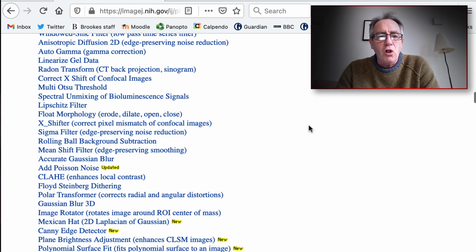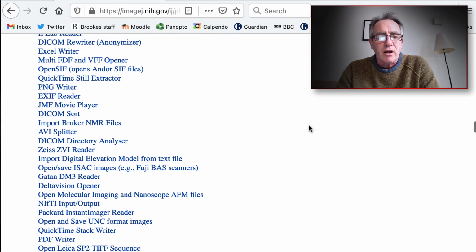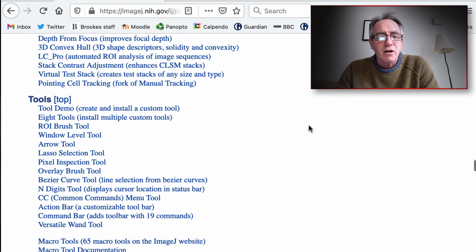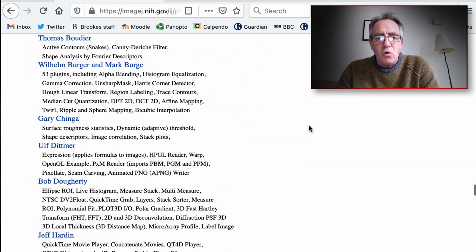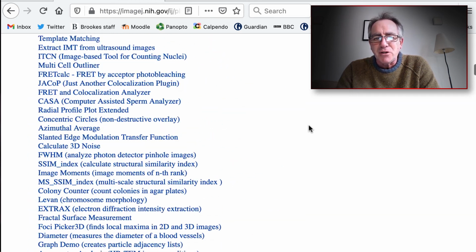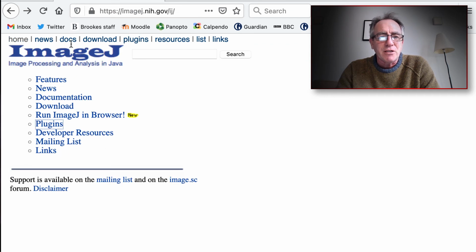These are all things that the program can do. These are all little sub-programs. And it's ridiculous. It just keeps going. There are hundreds and hundreds and hundreds of them in there. You can go down a rabbit hole. You can spend a whole entire day playing around, looking at all of the different types of analyses that people have come up with. So this deceptively simple little web page here as a landing page hides this amazing plugin